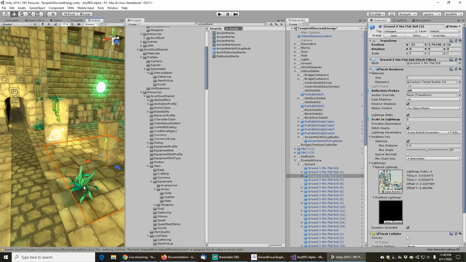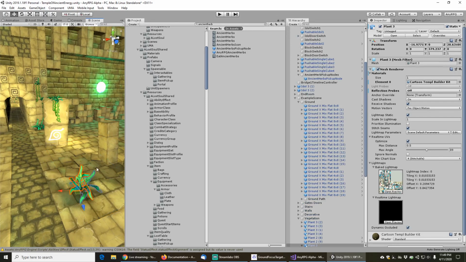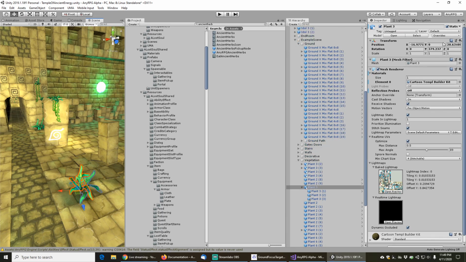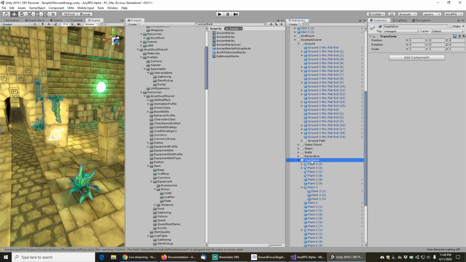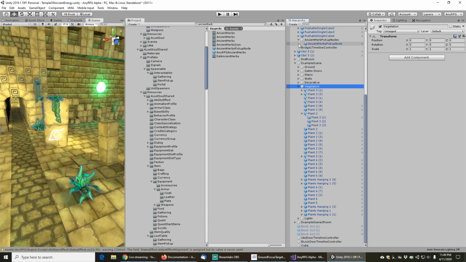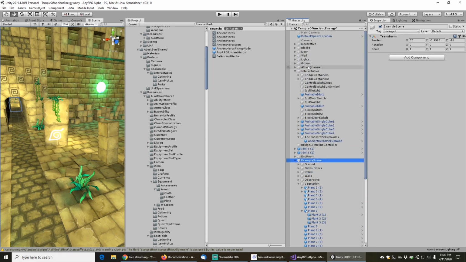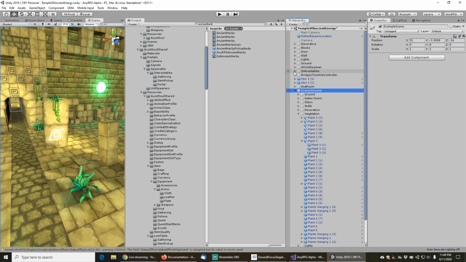We're going to click on the item on the floor, and this is under a vegetation, which is under example scene, which has its position set wrong. So we can fix that basically